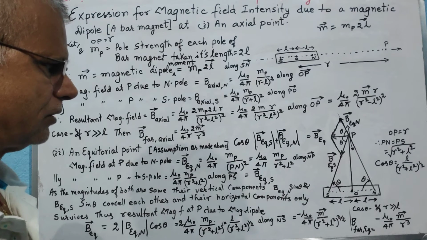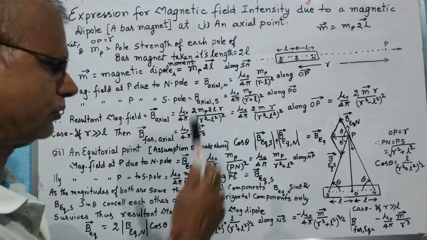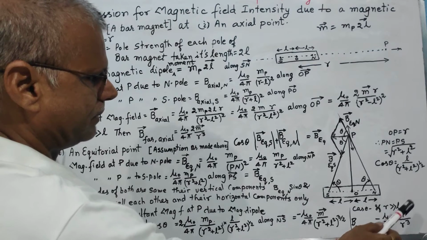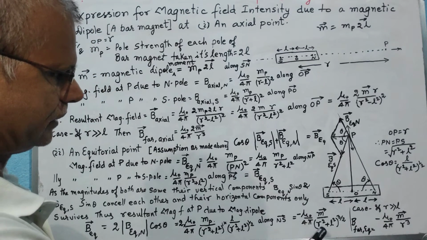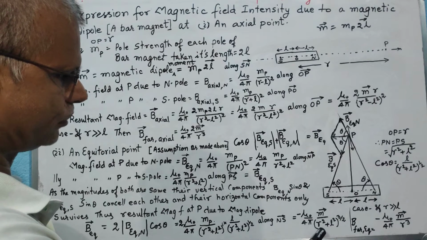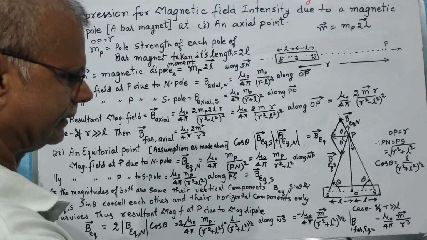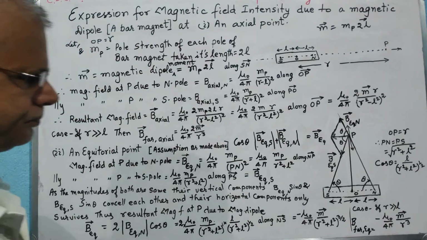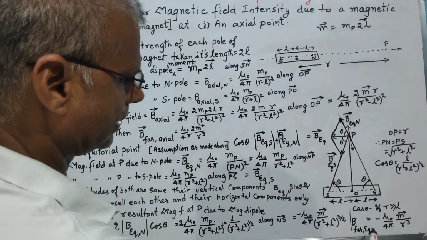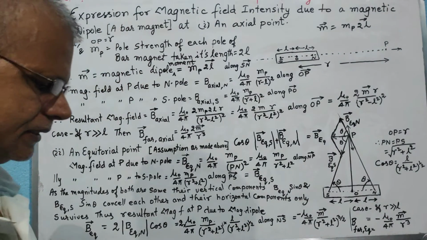So that is all for the calculation of magnetic field at equatorial point. Now in this case again we can have a case when r is much greater than l, then we will ignore l, and therefore we have r squared to the power 3 by 2, so that becomes r to the power 3. So we are left with the magnetic field at far equatorial point equal to minus μ0 by 4π M vector divided by r to the power 3.